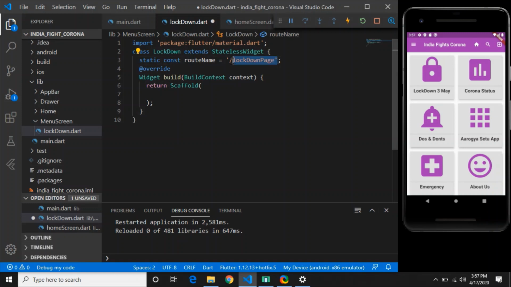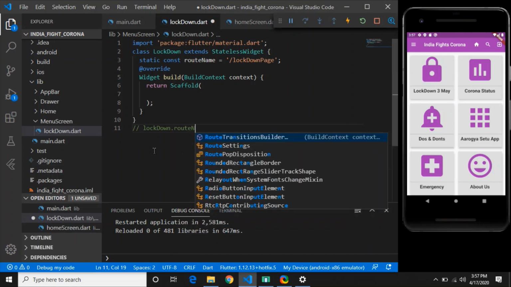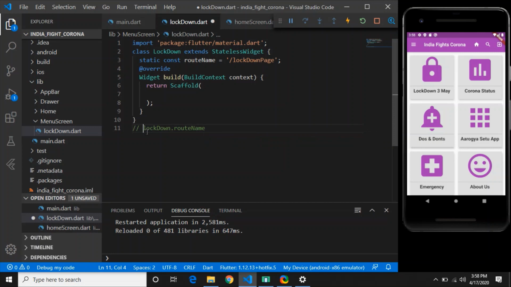I will access it like this: lockdown dot route name. Lockdown is nothing but the file name, and dot route name is the name of this route. So what will it output? Lockdown dot route name will output slash lockdown page.